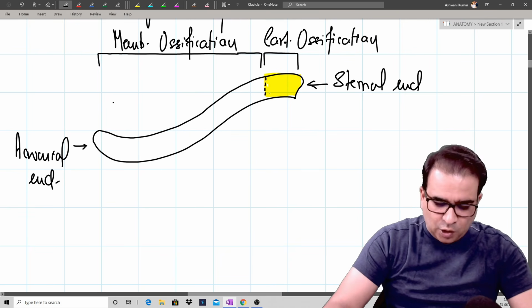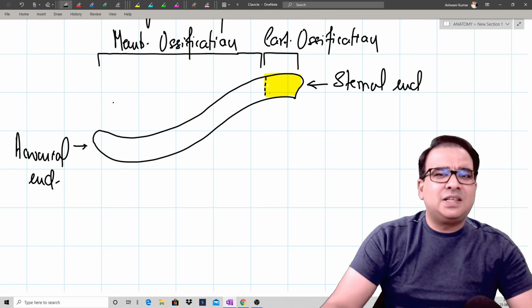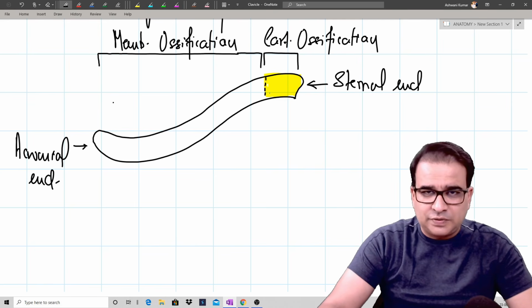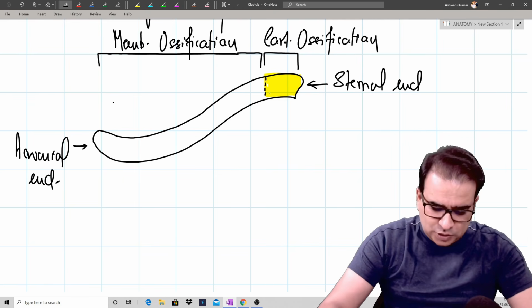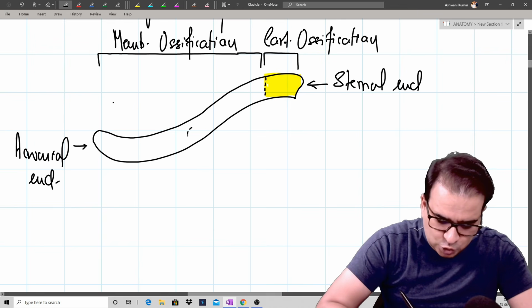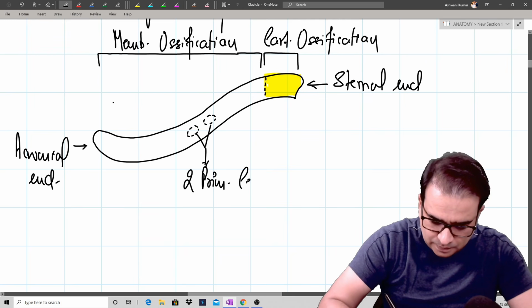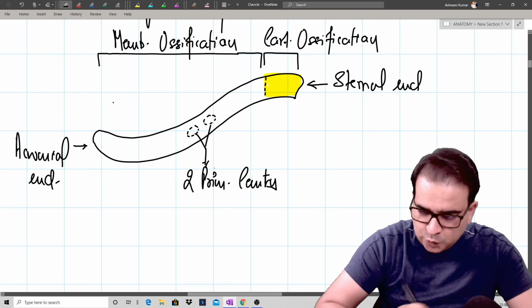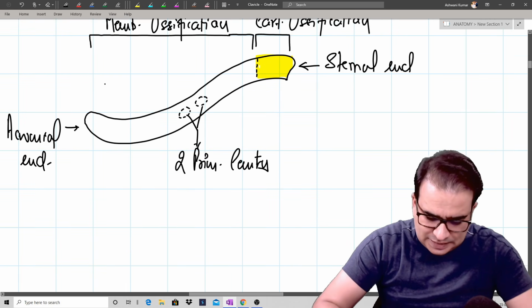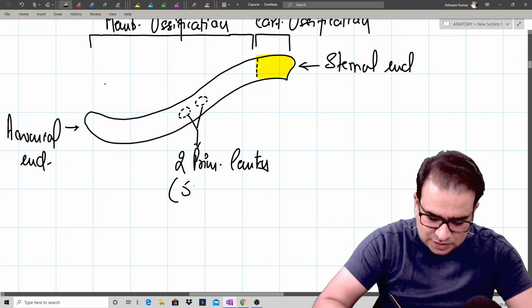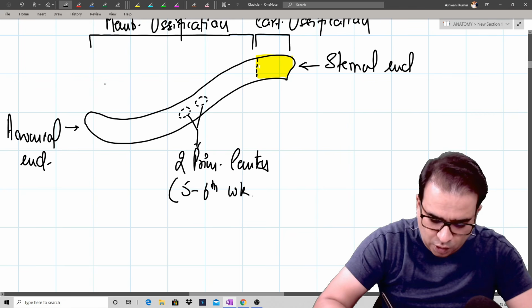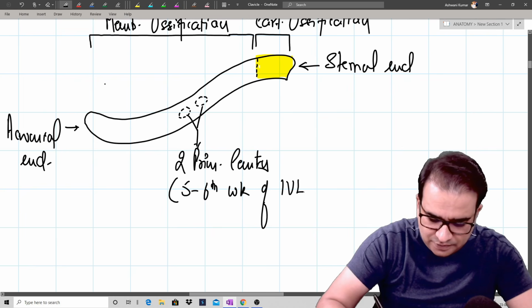In the clavicle, guys, for the ossification, some say there are 3 centers, some say there are 4 centers of ossification. So let me go with 4. So there are 4 centers for ossification. There are 2 primary centers for the major part of the shaft here. These primary centers for ossification appear in between the 5th to 6th week of intrauterine life.